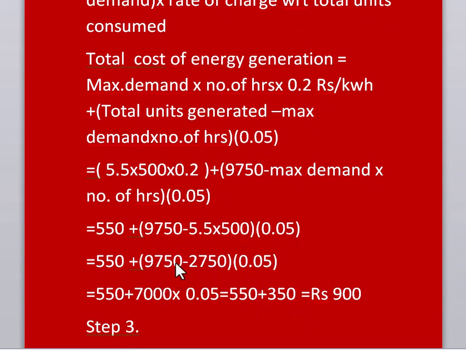After subtraction here we get 7000, and this first term is 550. So then 7000 units into the rate, which is given as 5 pies, means 0.05. After simplification we get 550 plus 350 rupees. So it amounts to 900 rupees. This is the total annual bill of the consumer